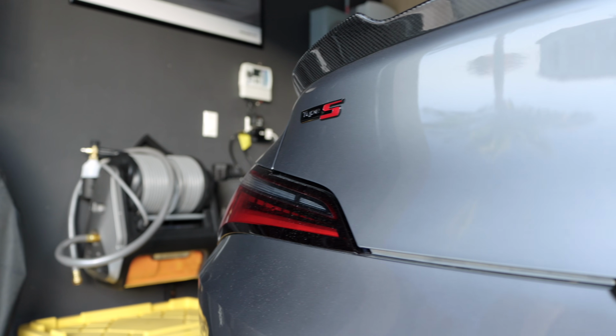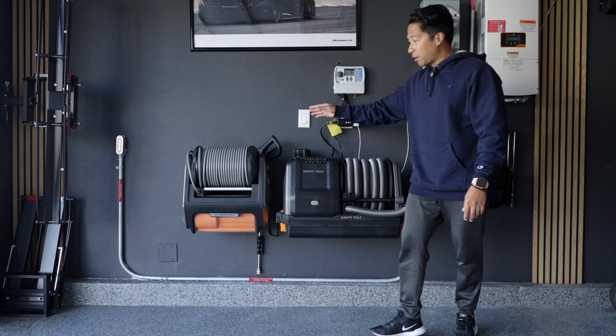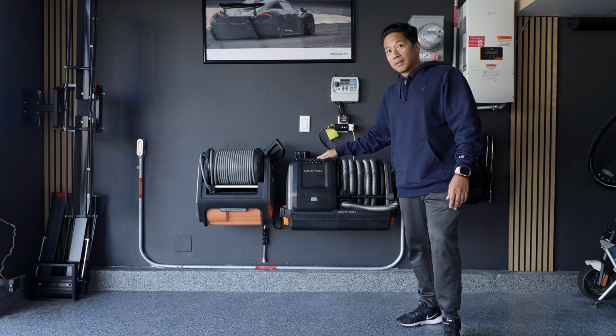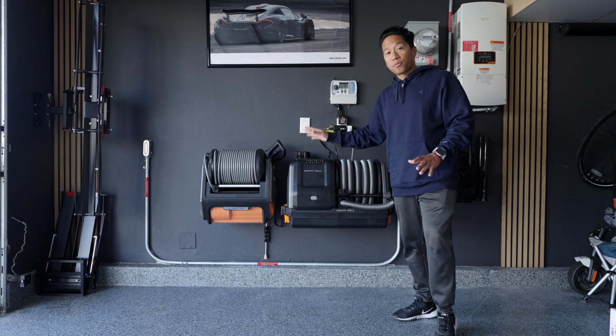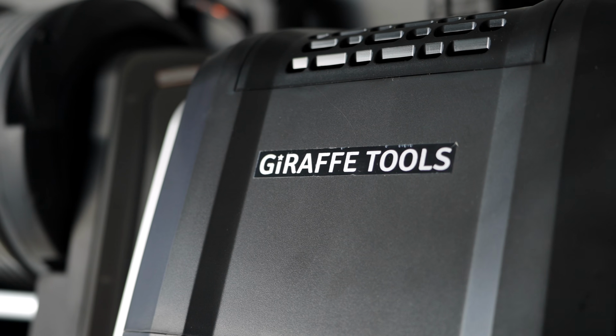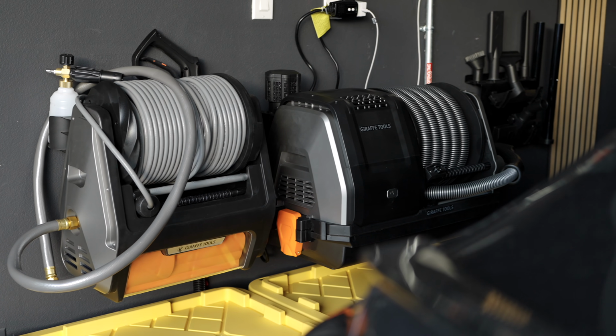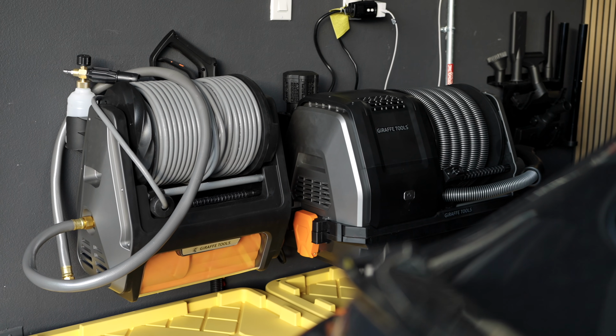So I've got some new goodies in the garage. As you can see, I have a wall-mounted pressure washer and a wall-mounted vacuum. Both of these products were sent to me for free by a company called Giraffe Tools. Now they look nice, they're super clean, and if they work, they're going to be super convenient for me when